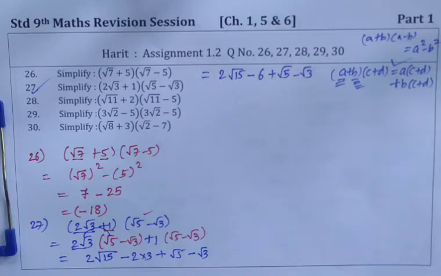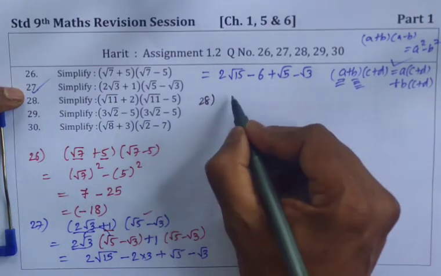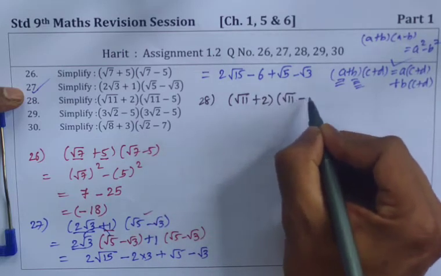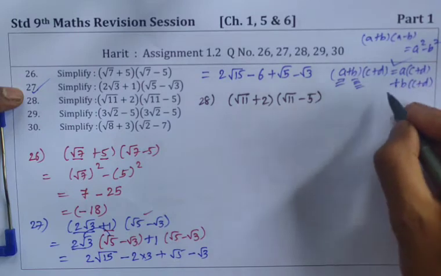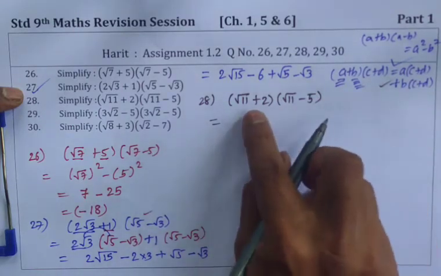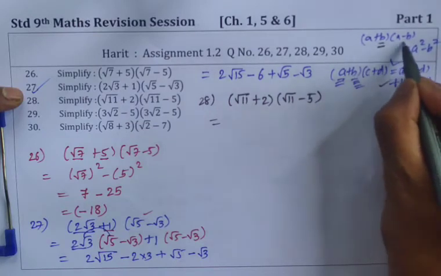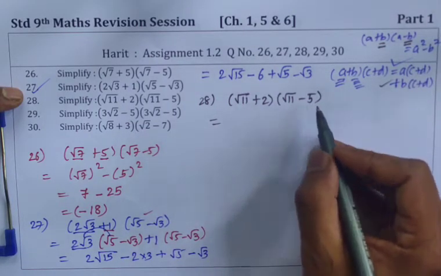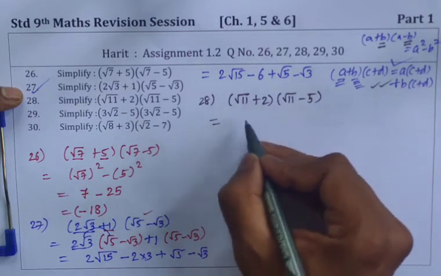So moving on to the next one. That is number 28. Well, root 11 plus 2 into root 11 minus 5. First term is same. Okay, you can expand in this way only. Because, yeah, first term is same, but second term are not opposite like plus B or minus B नहीं है. ये plus 2 or minus 5 है. They are different. So you can solve in this way. There is another method as well, but best you can solve this way.